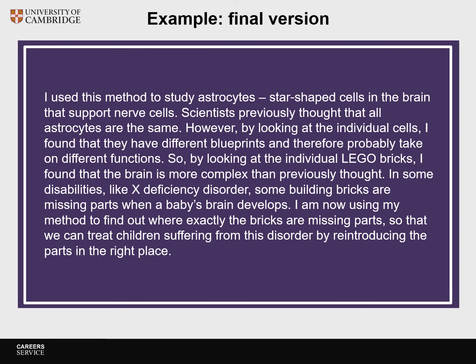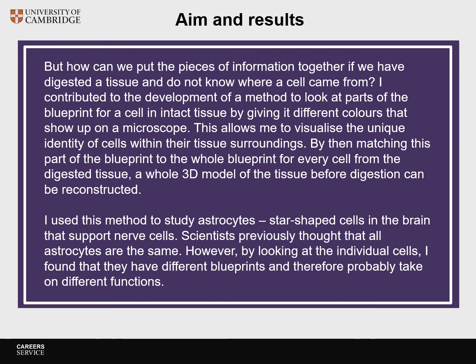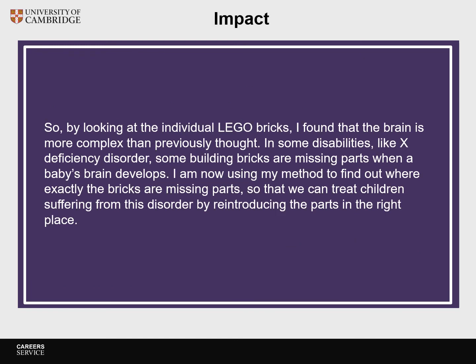Now, can you look at the final version and identify the background, aims and results, and impact? The first paragraph gives the background. Just pause the video if you want to read it again. The second paragraph and the beginning of the third paragraph give the aims and the results. The aim is given as a question. This study aims to find out how we can put the pieces of information together if we have digested a tissue and do not know where a cell came from. The end of the summary gives the impact. If we find out what parts of the bricks are missing, then we can treat children with a disability, X